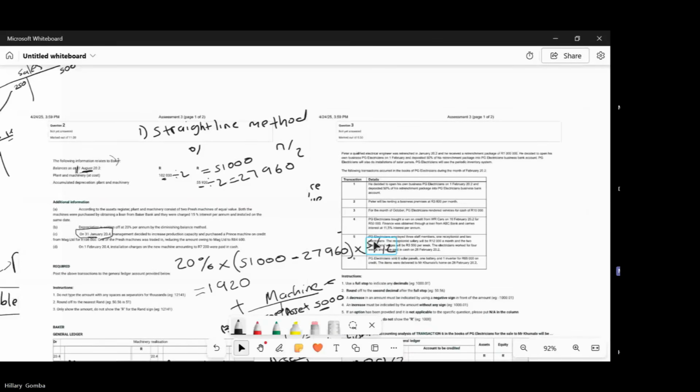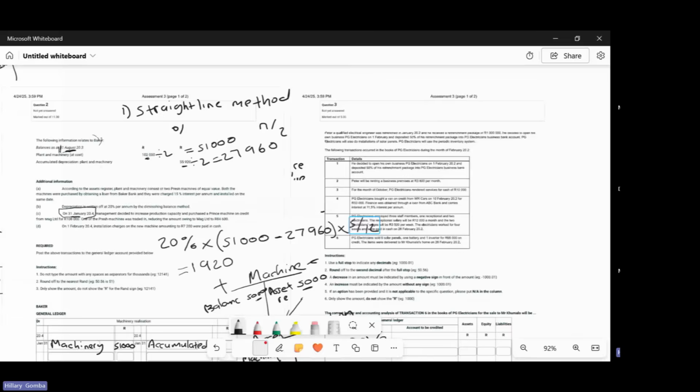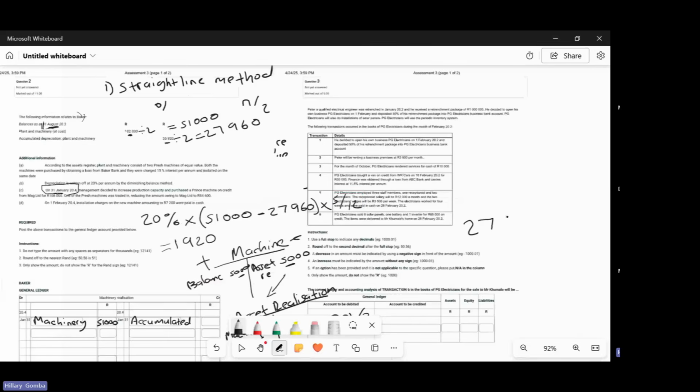Yeah. Okay. So now you will say 27,960 plus 1,920 to get your total accumulated depreciation. Should be 1,920 plus 27,960, which I am getting 29,880. Is everyone getting the same? Okay. So it will be 29,880. And then they told us that